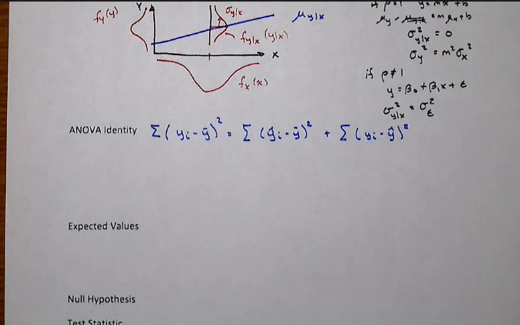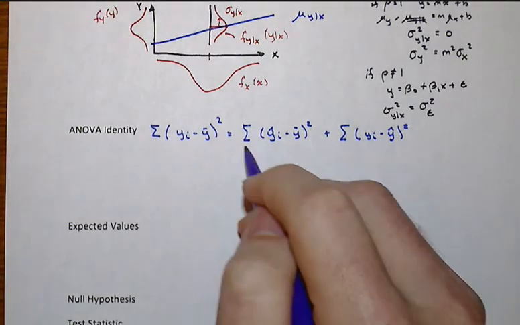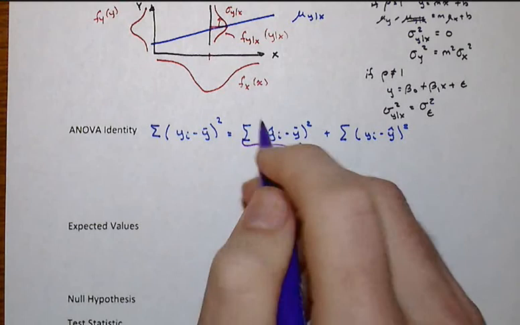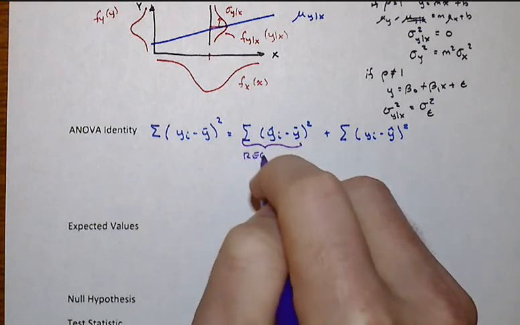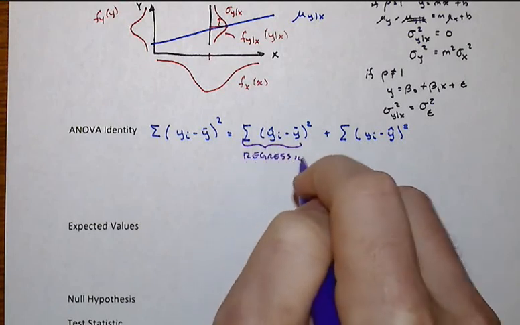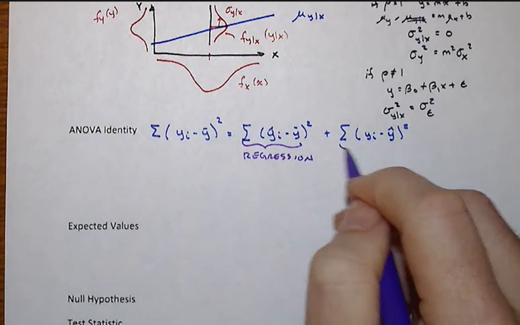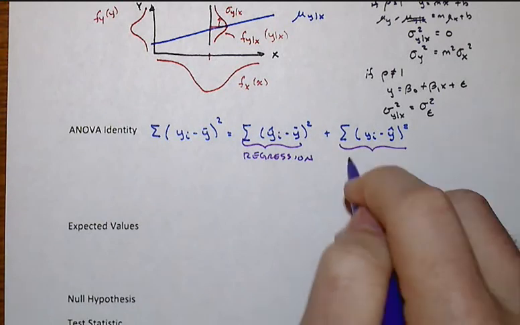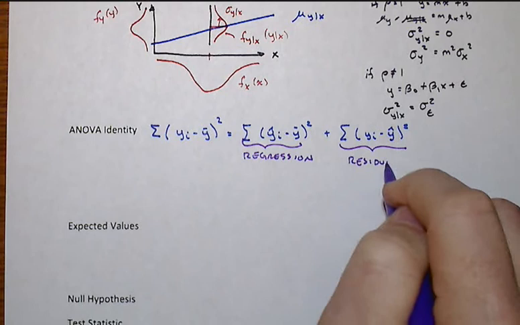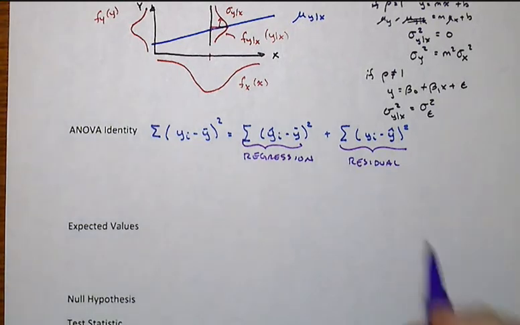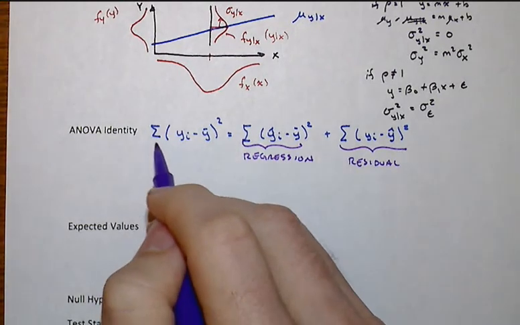And so what we're getting here is that this first part is associated with the regression, and this part is associated with the residual, right? And this part is